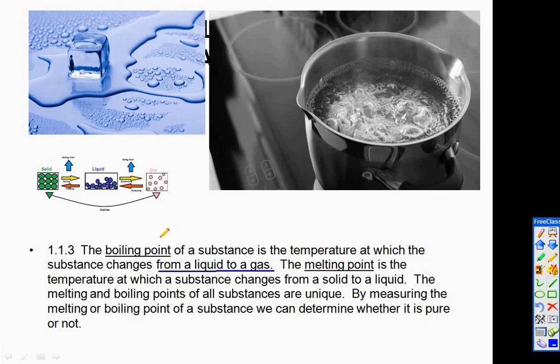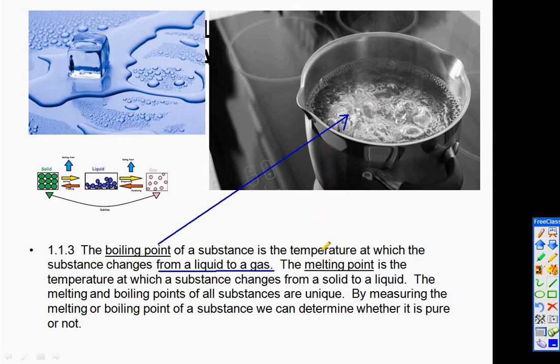So if I have this pot, for example, you can see there is water in this pot. This water is a liquid, and if I heat up the pot, eventually the water will turn into steam after it starts boiling. So the boiling point of water is 100 degrees Celsius,